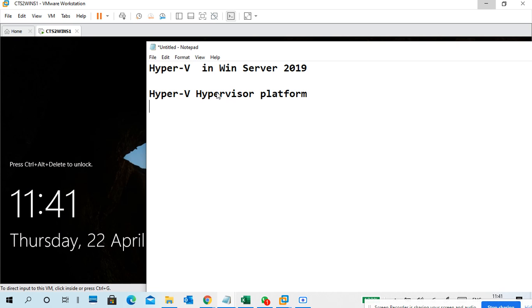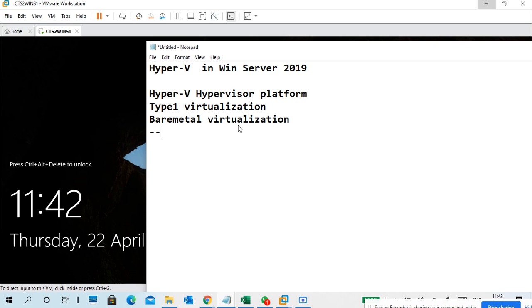It's a type 1 virtualization only. In general, it is a type 1 virtualization, also called bare metal virtualization.